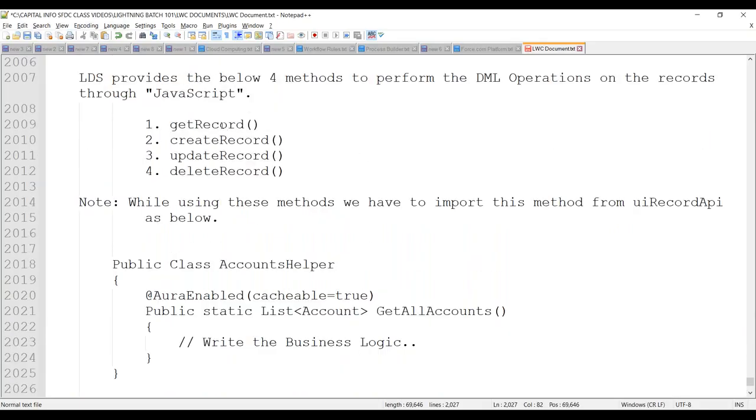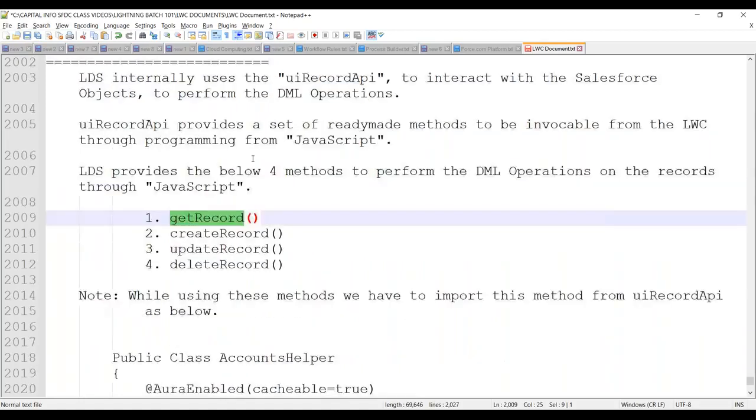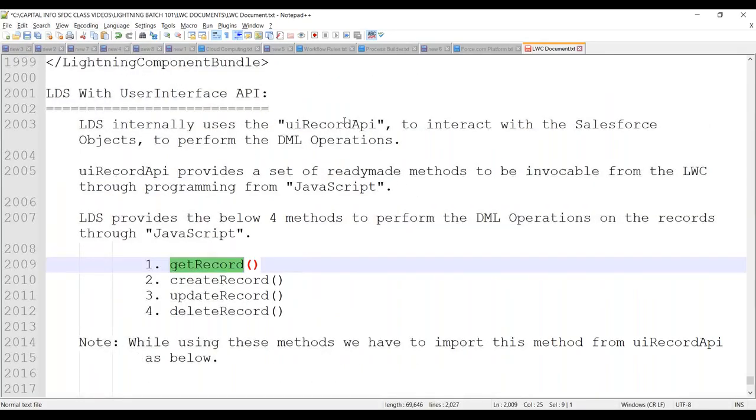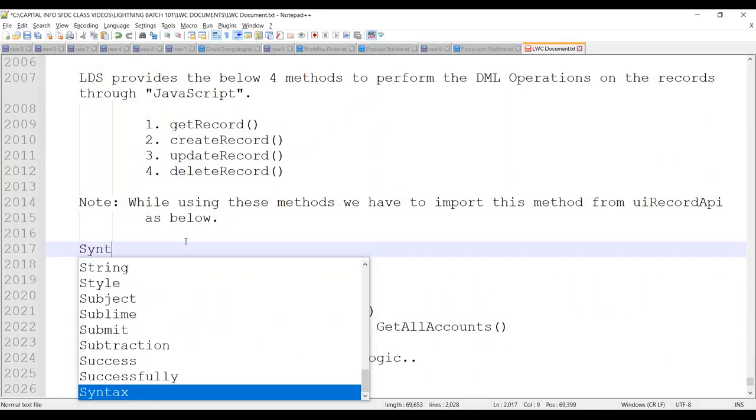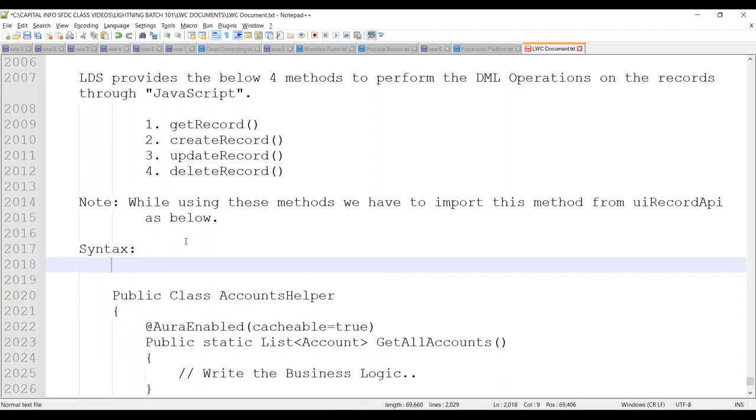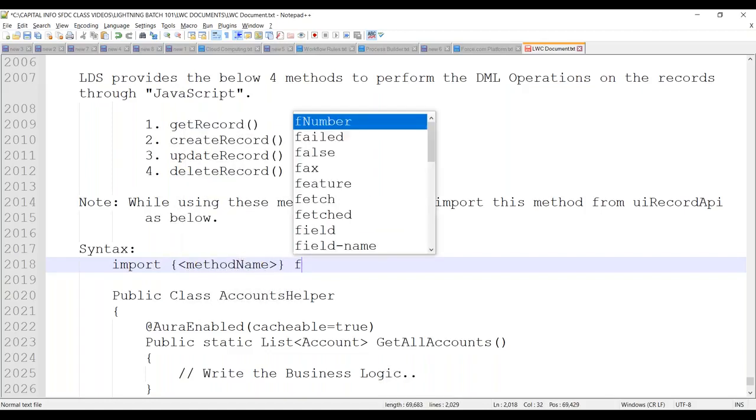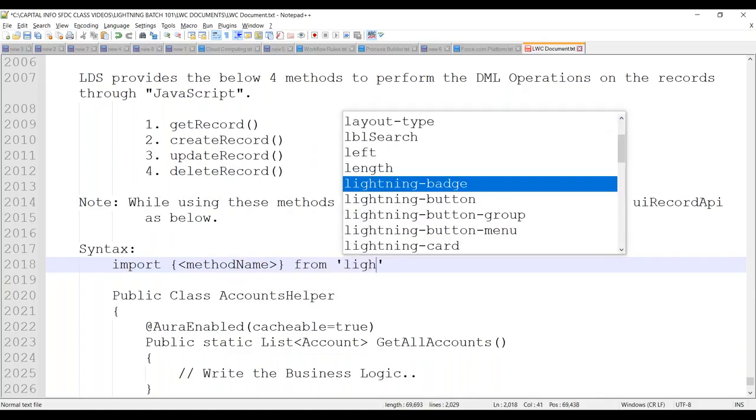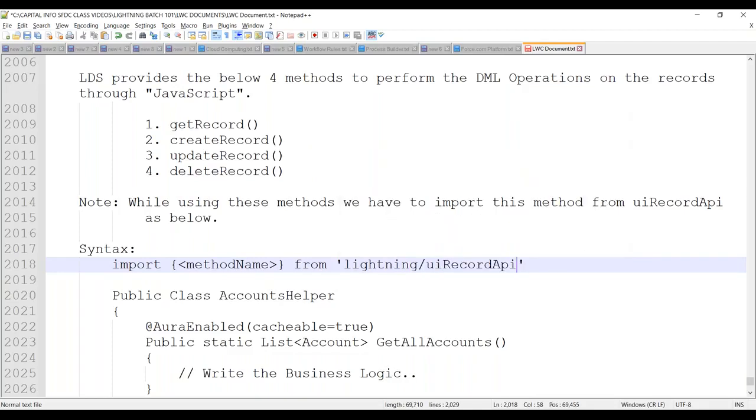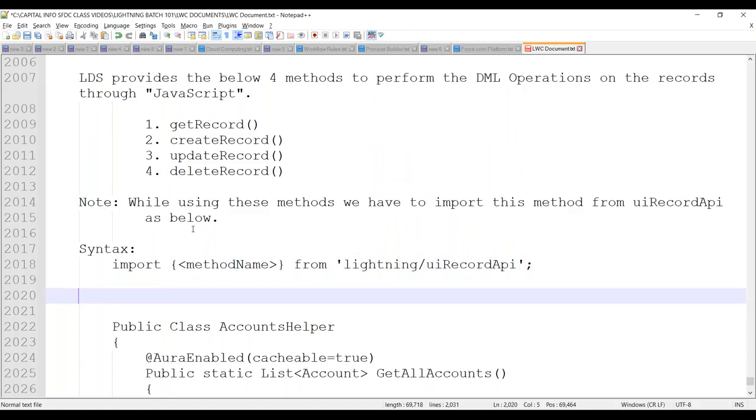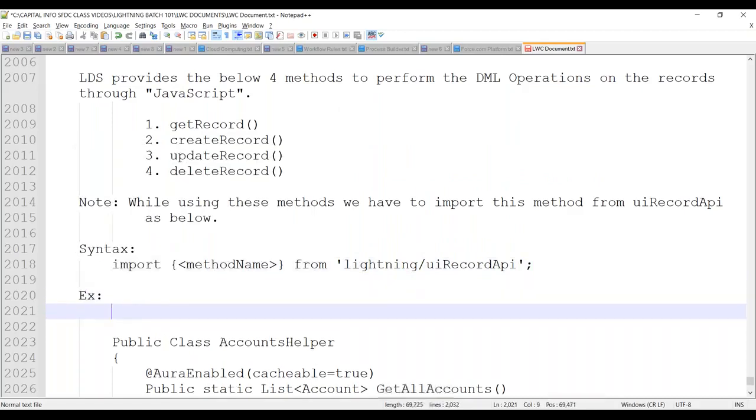Similarly, if you want to use these methods, they are available inside an API called UI record API. So we have to import this one. How to import this one? Let me give you the syntax. Import, specify the method name from, we have to specify lightning/uiRecordApi. That's it. Suppose you want to use the get record method, we have to specify